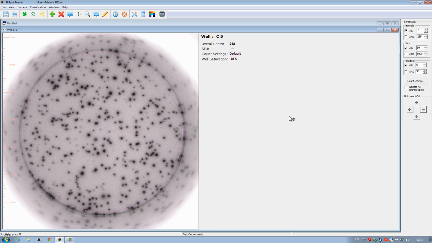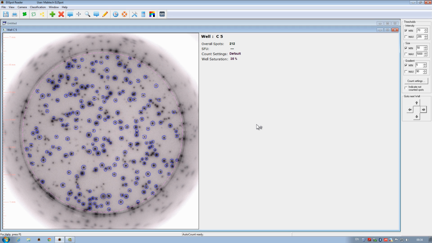This means that any spots with an intensity of 69 and lower will not be counted. By contrast, there is no upper limit for how big and intense the spots can be and still not get counted. That is, when the tick boxes are left empty, the number on the right is made irrelevant. The 212 counted spots in this well can be indicated by pressing the button up here.